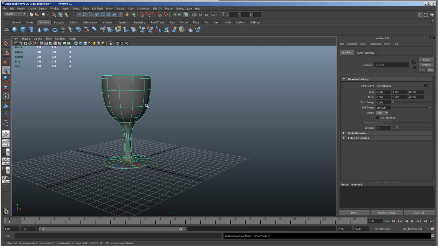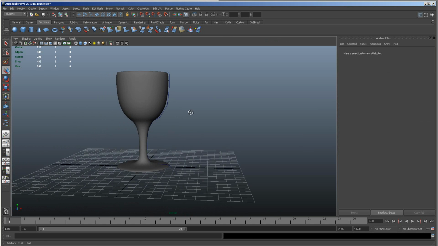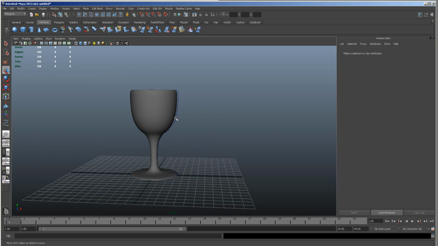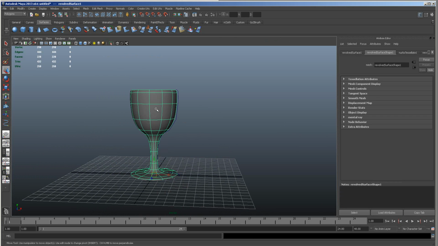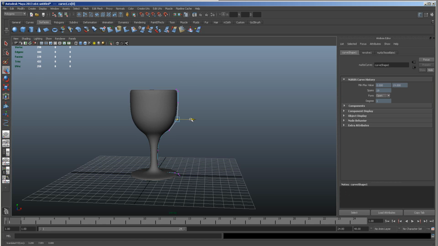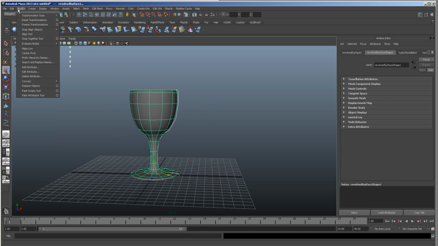And also I can press this, which is 3 on the keyboard, and it gives me a nice smooth look, so it looks more like an egg cup, but it is a polygon, but I can still manipulate it. Now I'm going to point something out here. If I grab all of this and I delete my history,